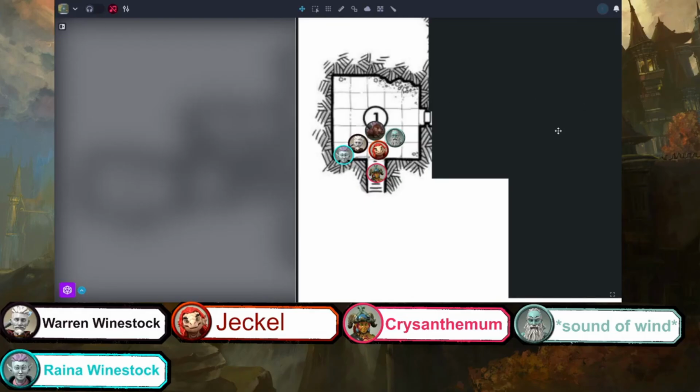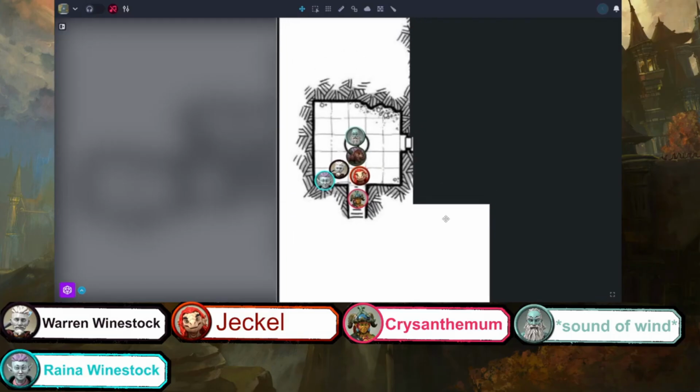So Sound of Wind, you're up. Okay. Stand up. The ground. And I move. Am I able to attack after I move? Yeah, for sure. Okay. I move a little bit more behind it to that block above the one. Yeah, that right there works. And then do another quarterstaff hit.